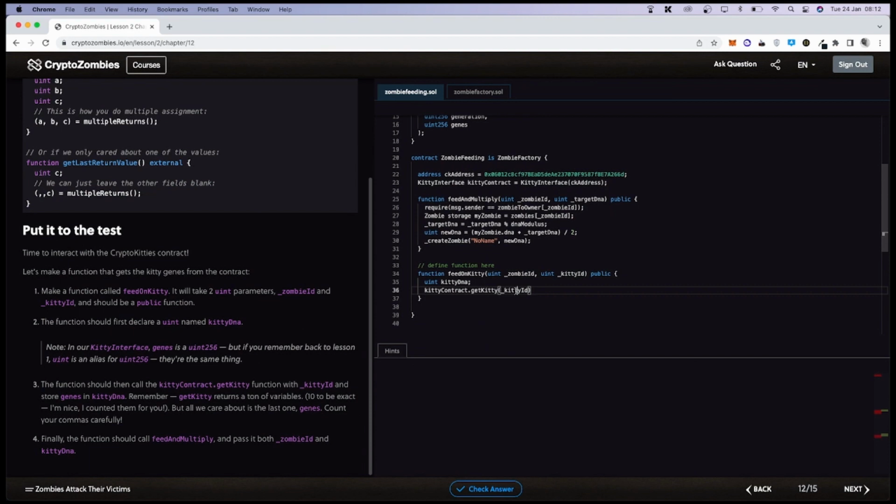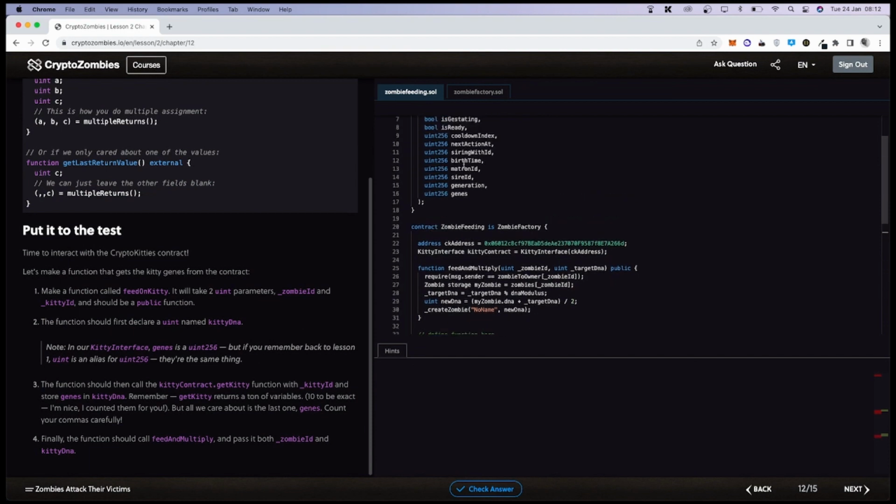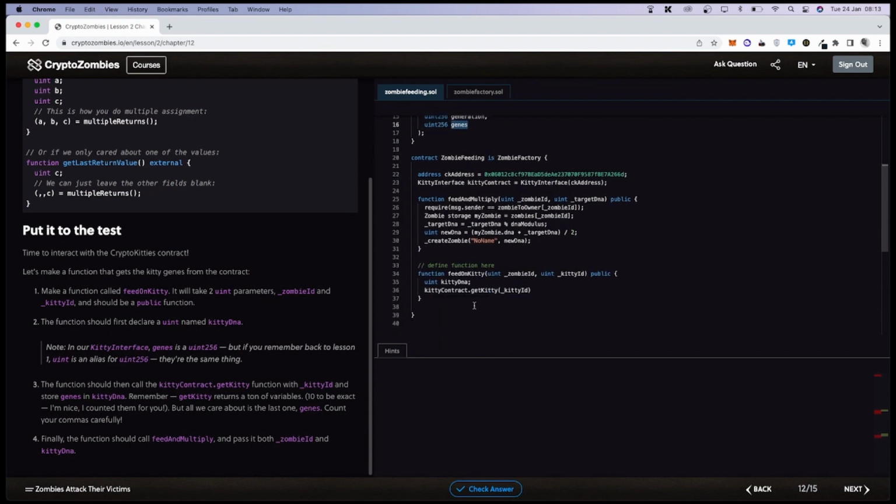Okay, remember the kitty contract is the kitty contract we have generated above here by the combination of the interface and the address, right? So with this, what happens is that it returns us a ton of values, okay? A ton of values, but we are only concerned with the last one, the genes, which is also the same thing as the DNA. So we want to store the DNA, or in this case called the genes, in this variable we created above, right? So we're just going to say kitty DNA, right? Okay,